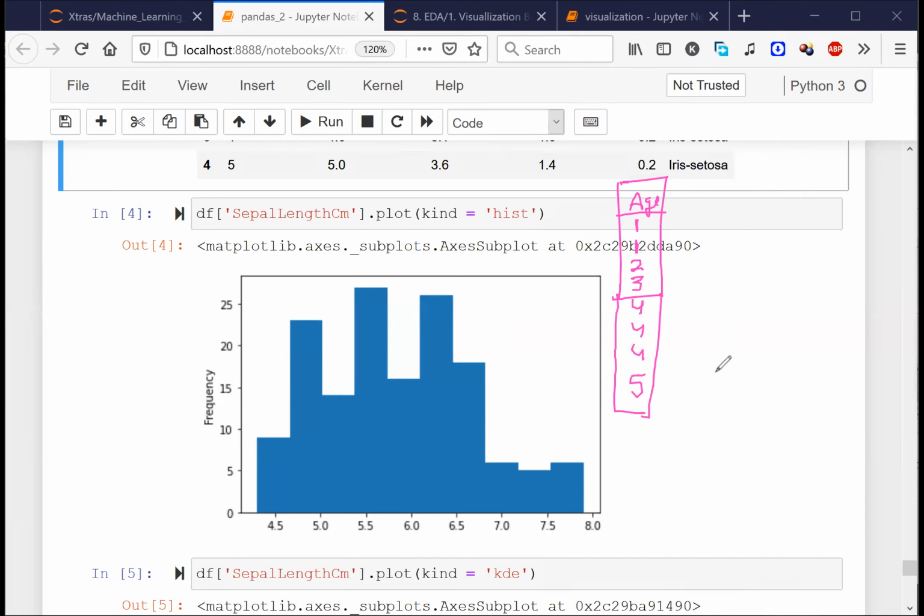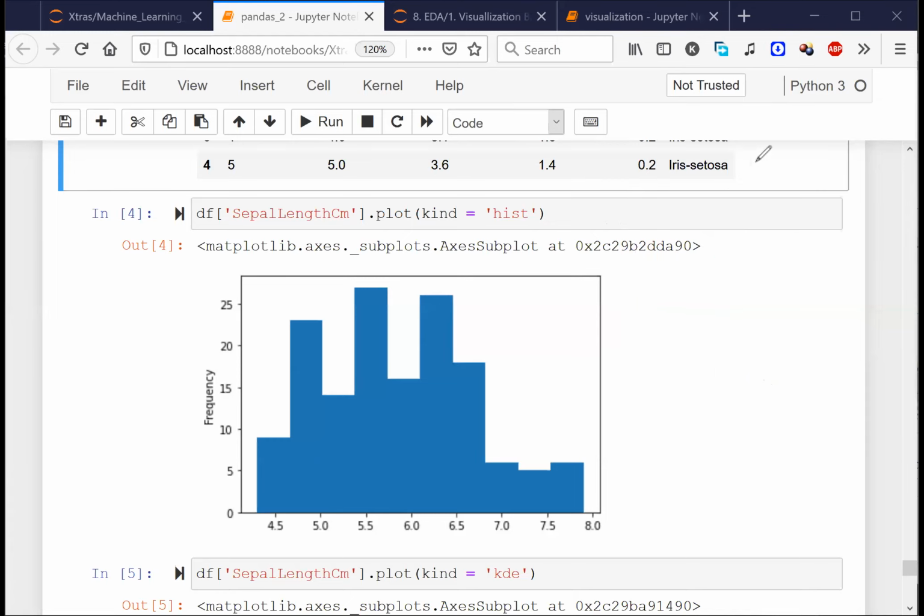And now, how do I create a histogram for this? In order to create a histogram, I have one, and then I have maybe...